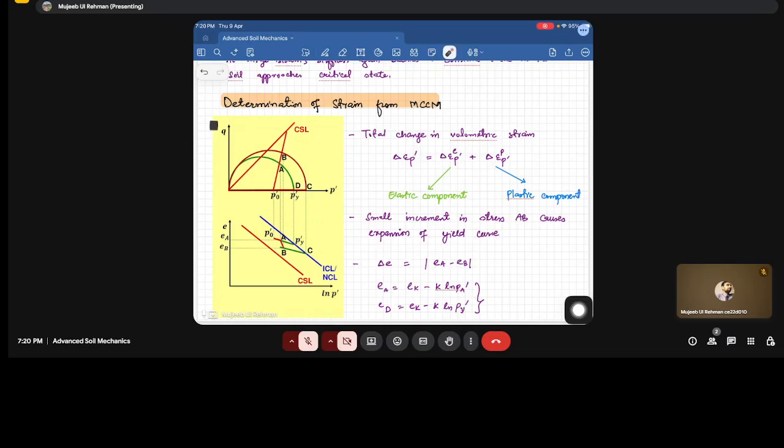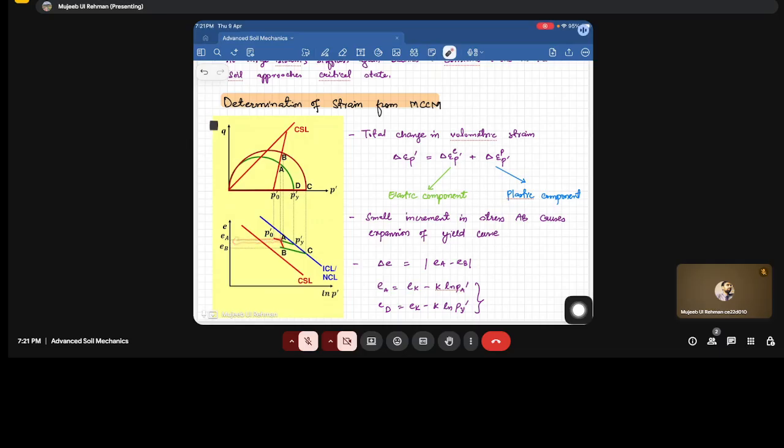As you see, for example, if we talk about the state of the soil, this is the soil which has been consolidated at P dash Y, then unloaded to P dash. Fine. So this is the state corresponding to P dash Y on the NCL. Fine. And this is the reloading line, correct? And this is the initial point. And A is the point which corresponds to the intersection of the yield surface with the stress state. Like this is the ESP. So A is the intersection of ESP with the yield surface line,